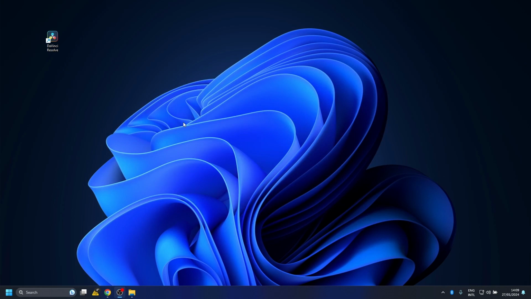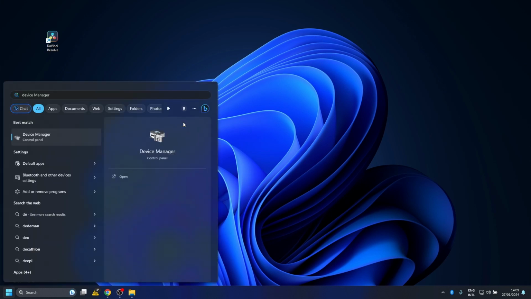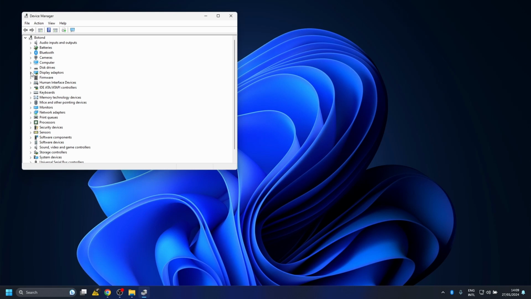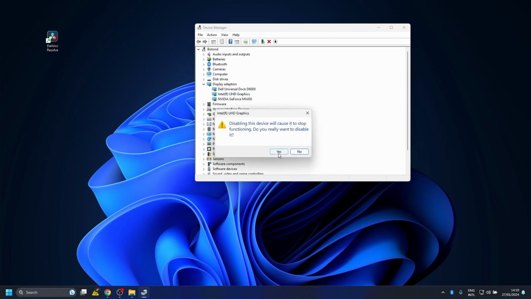Most probably this is because you are using multiple video cards or multiple graphic cards in your device. It's a laptop or it's a PC, doesn't matter. You can check that by going to the device manager and trying to find the display adapters. As you see, in my case, I have three display adapters. One is a docking station, the other is the standard Intel graphic card, and there is a dedicated card from NVIDIA. And if we disable the integrated graphic card by disabling the device,